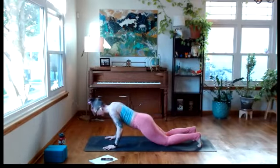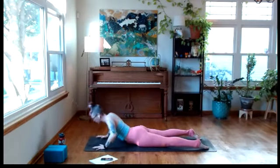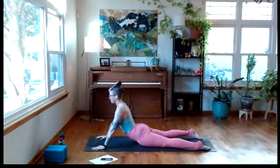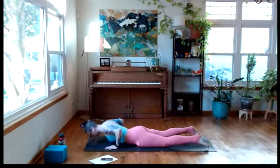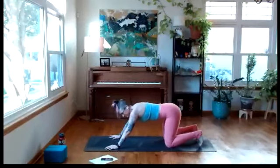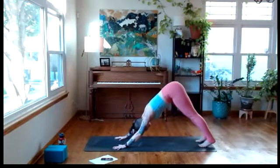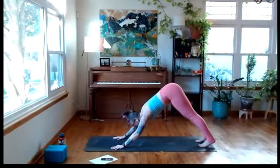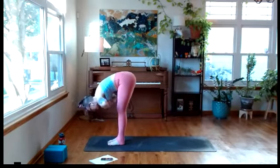Exhale, lower to your belly. Inhale for cobra or a press up, your choice. Exhale, lower. Inhale, tabletop or high plank. Exhale, downward facing dog. Last time through, inhale, look forward. Exhale, fold. Inhale, lift